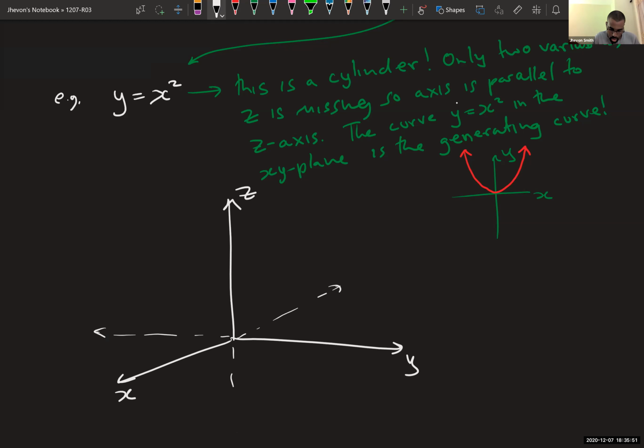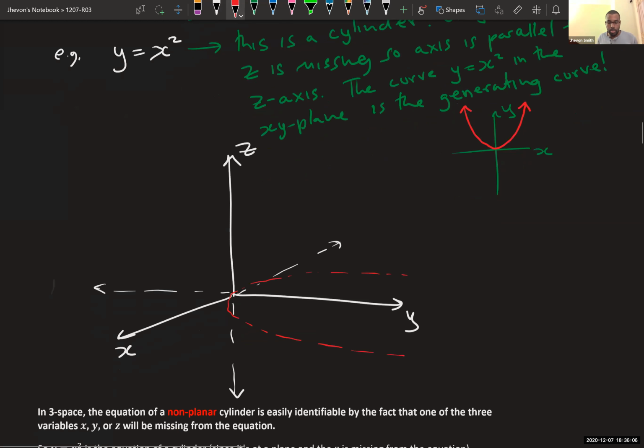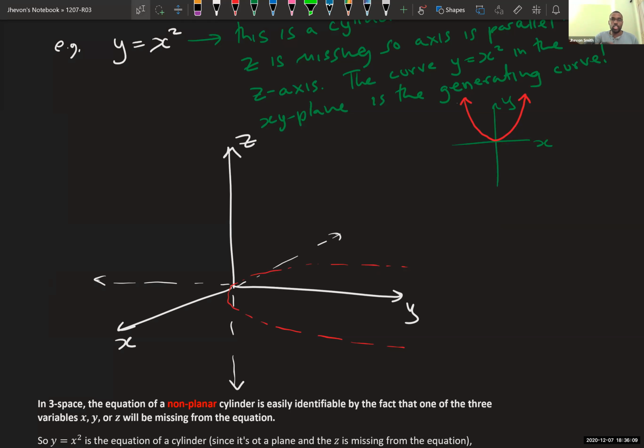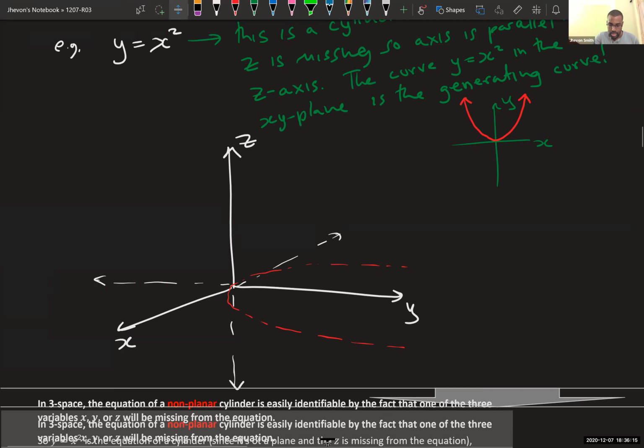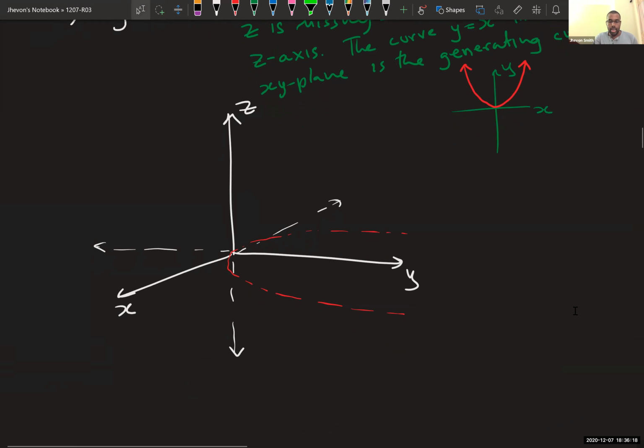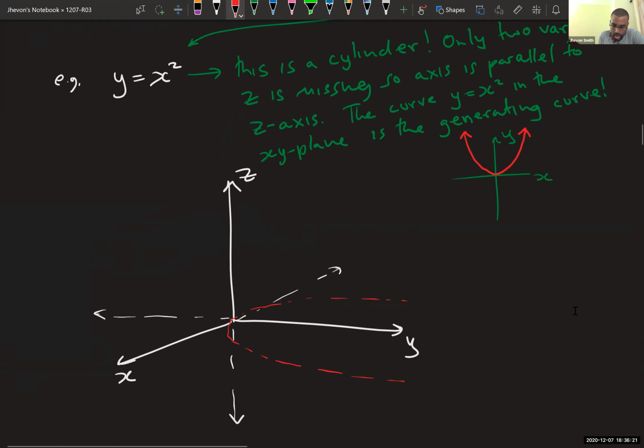what am I going to see? In the XY plane, that generating curve is going to be there. Now, because there's no Z present, that's the curve for all values of Z. So no matter what level I'm on, that is the same curve I would see because the Z isn't present in the equation. If I move up, the curve is going to be there. If I move up further, the curve is going to be there. If I move down, the curve is going to be there. And this is going to create